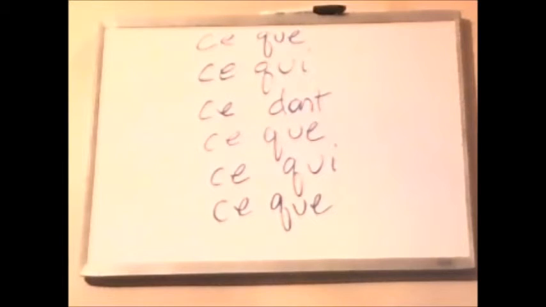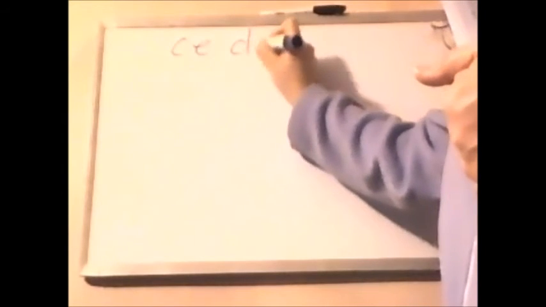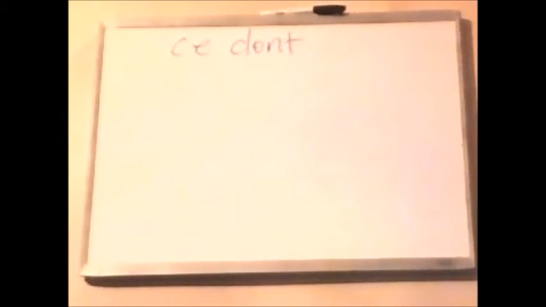Numéro 7. Dites-moi, vous avez besoin pour vous rendre heureux. Hopefully that avoir besoin rings a little bell with you. That is one of those verbal expressions with de. And if that avoir besoin de has that de in it, then we need the relative pronoun dont. Correct? So we want dites-moi ce dont vous avez besoin pour vous rendre heureux. Tell me what you need to make you happy. What you have need of to make you happy.